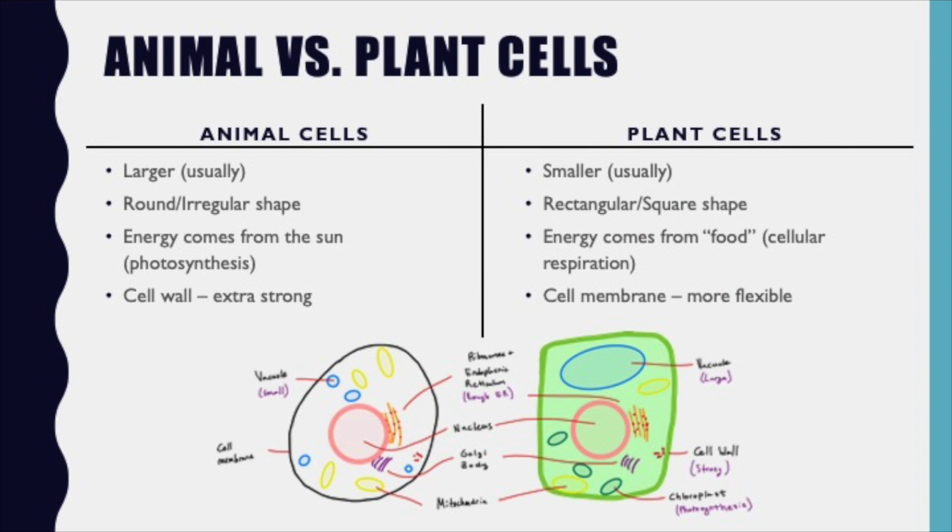And now we are starting to wrap up the video, but I wanted to go ahead and look at a couple small things that I will probably make a video about in the future. So the first one is a difference between animal and plant cells. Animals and plants are both made of eukaryotic cells, but the types of cells within each are different, and they differ in the way that they make energy, and they also have different cell walls and cell membranes. So there's a lot of really cool differences. I labeled some of them here for you to look at, but again, I'm going to make a video about this in the future, so stay tuned.